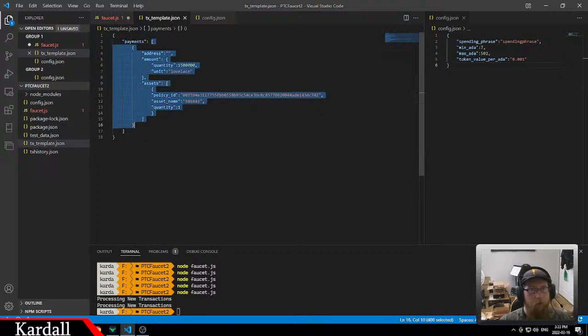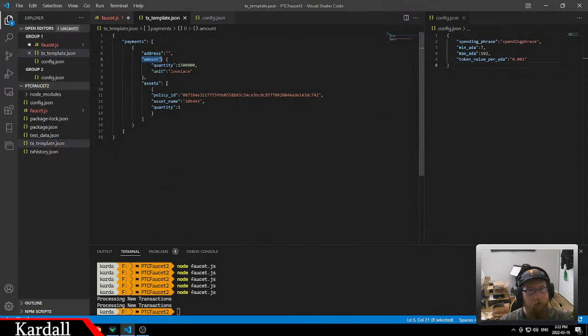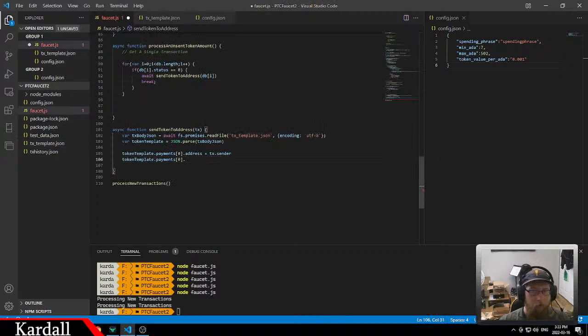Payments 0 amount, or payment 0 address, right? Okay, and then payments 0. Now we need to set the amount. So this is in assets 0 quantity. So this is assets 0 quantity is going to be